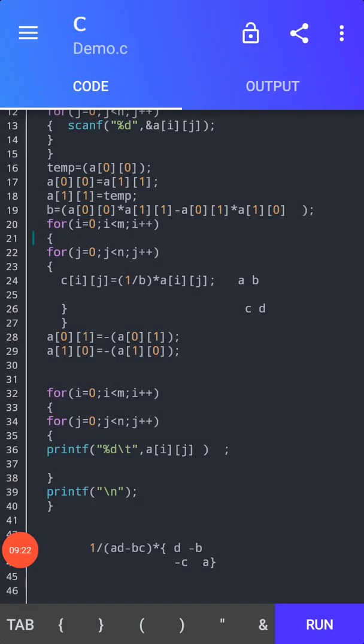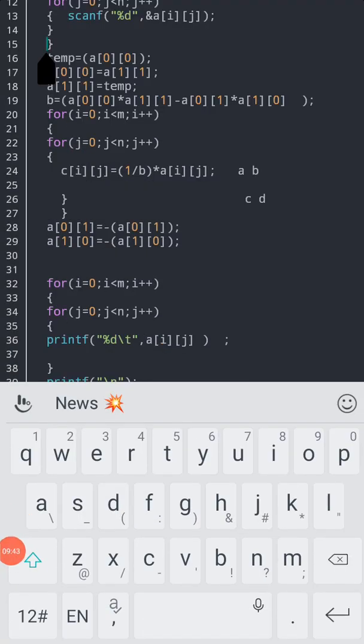Here we can do the operation to find C, that is the variable of the result. Before that, we need to change the values as D, by exchanging using a temporary variable.